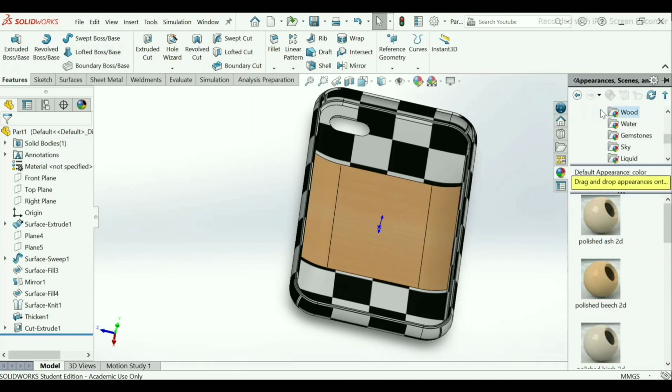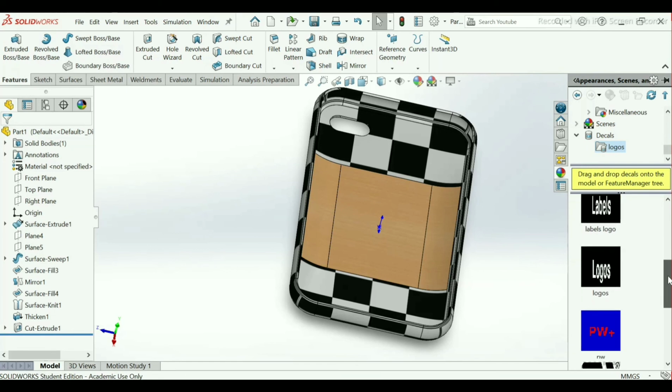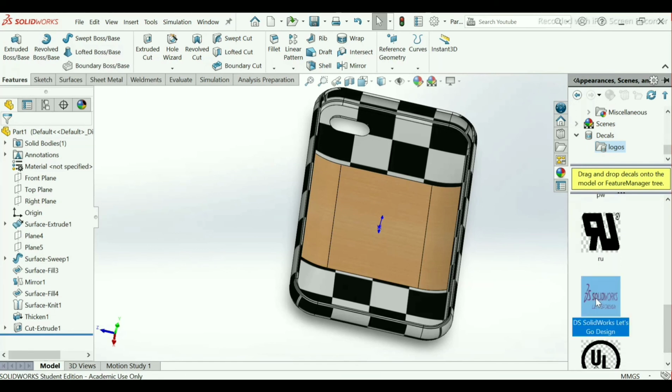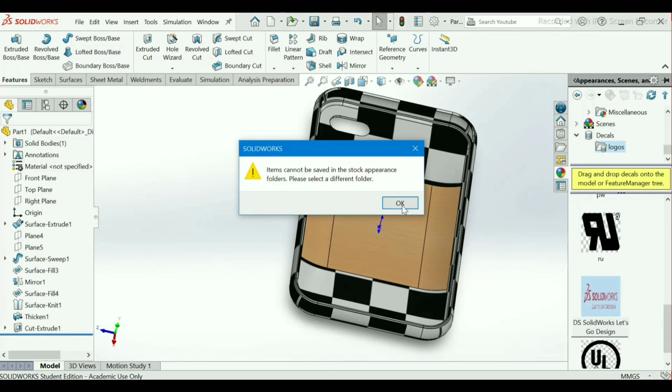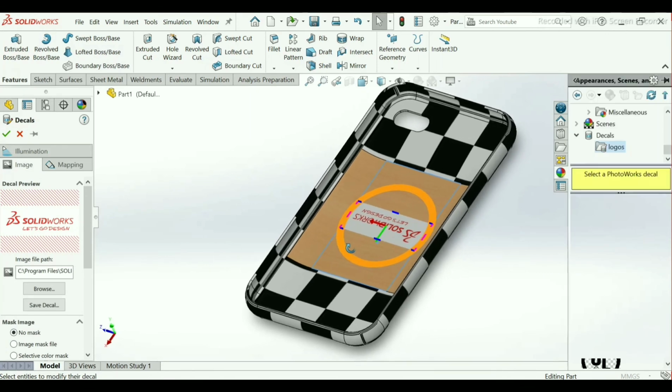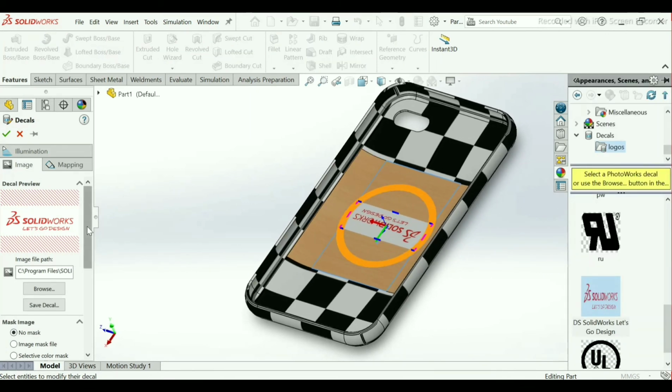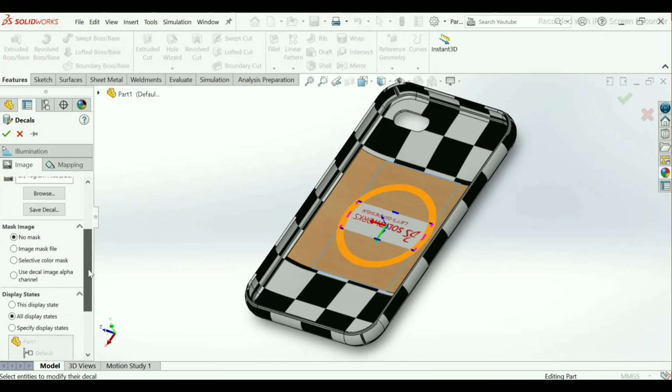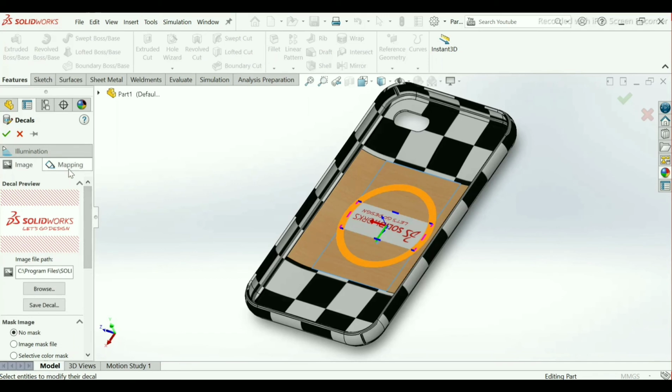Now here I will use a logo. So go to decals in appearances, logos. I will select this. Drag this into one surface. See here it applies. If you want to give the dimension, you can give by going on mapping.